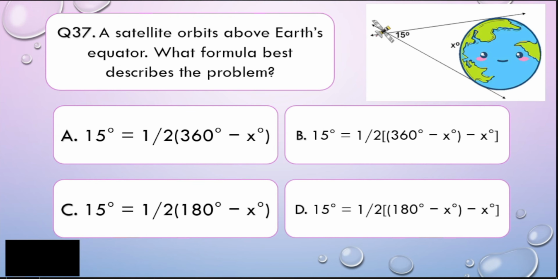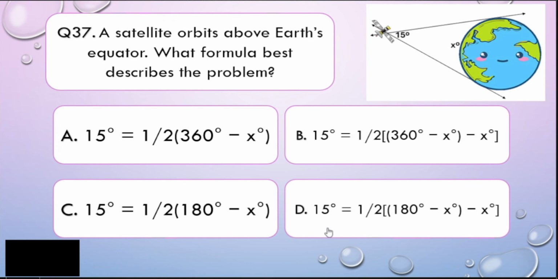Okay, my dear math learners, this example, as you can see, has an angle that is formed outside. Now remember, if you have an outside angle, in order to get that angle, what we need to do is subtract the smaller intercepted arc from the bigger intercepted arc, then divide it by 2, right? Now, since this is a whole circle, that is equal to what degree? Very good. That is 360 degrees.